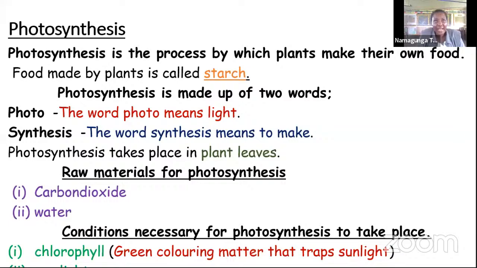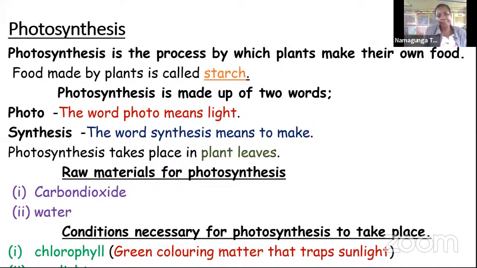Unmute and talk to us. Okay, we continue. So photosynthesis takes place in plant leaves,